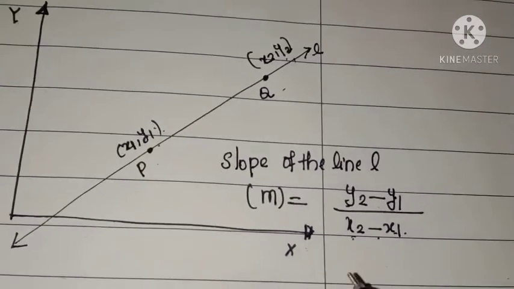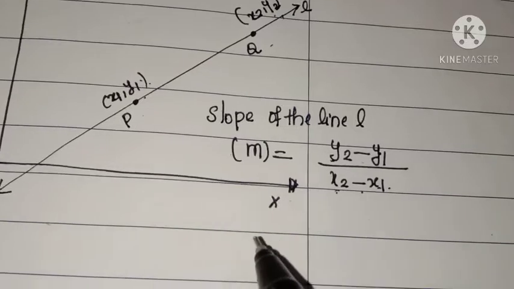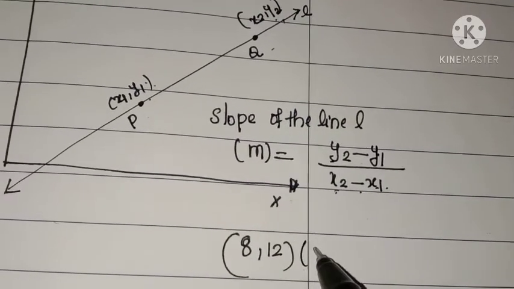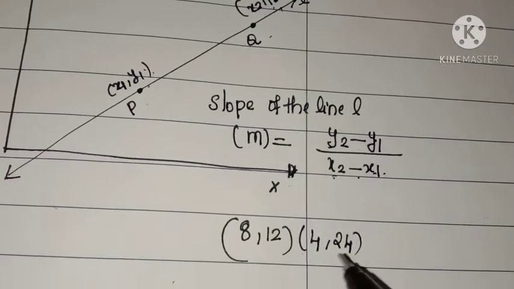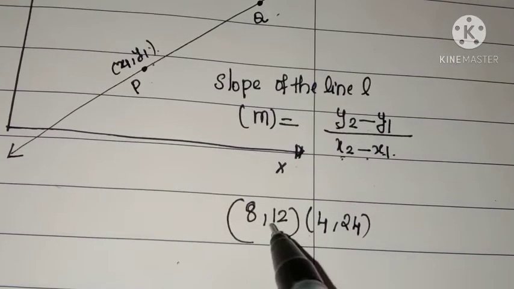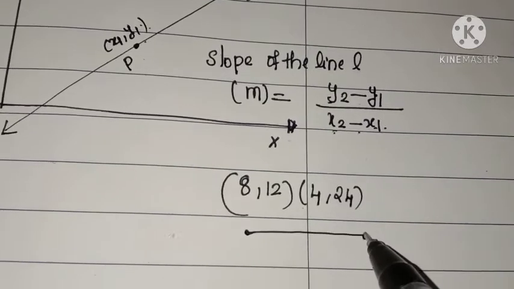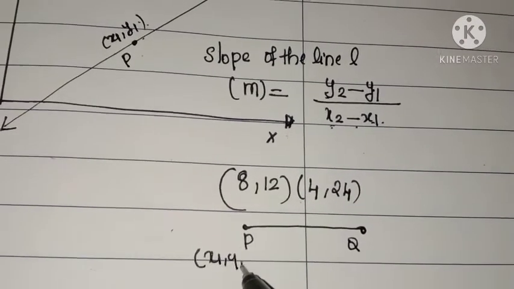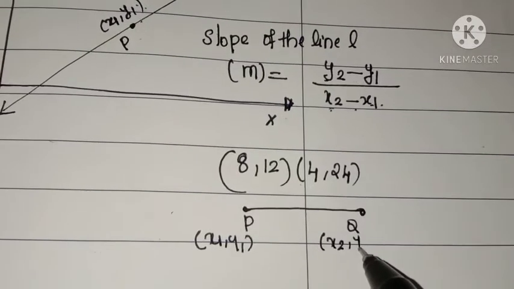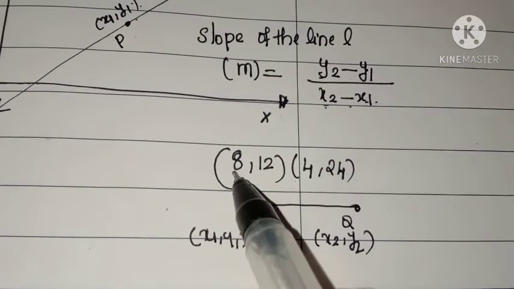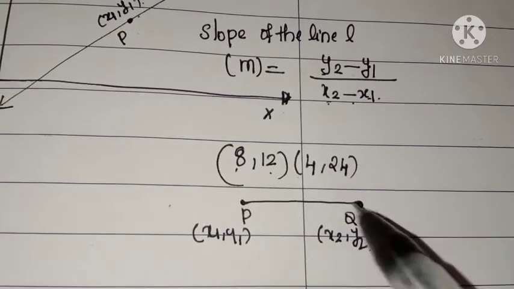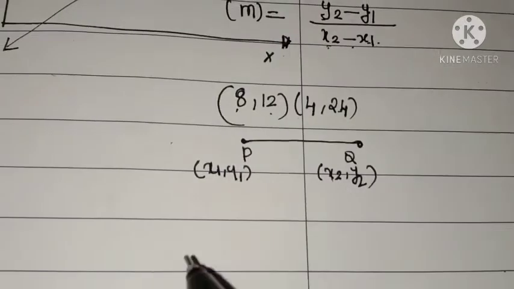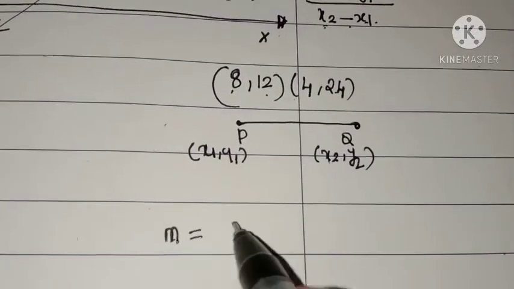What is the slope of the line passing through the points 8, 12 and 4, 24? These are the 2 points, so there is a straight line passing through them. Let us consider these points as x1, y1 and x2, y2. So simply put x1 equal to 8, y1 equal to 12, x2 equal to 4, y2 equal to 24 in this formula. So slope equal to